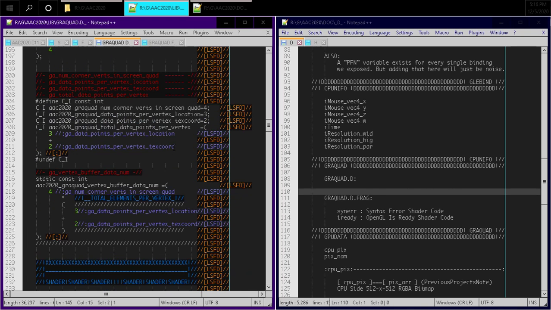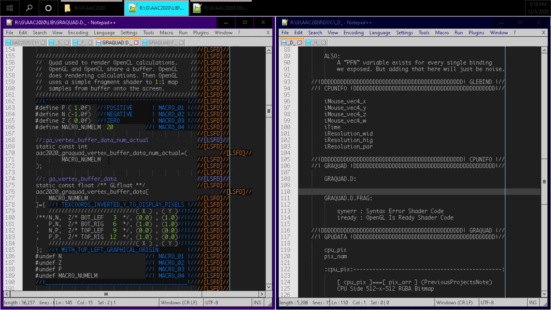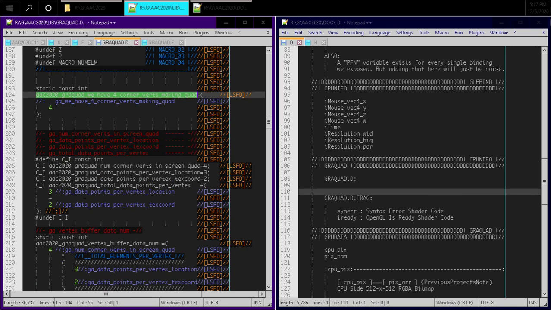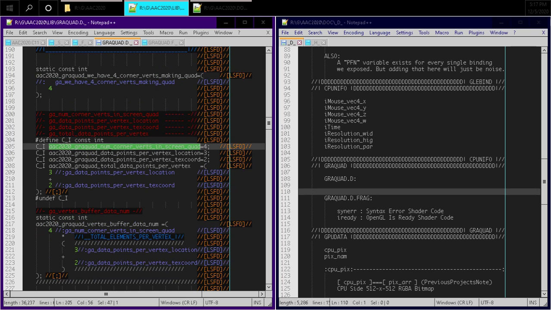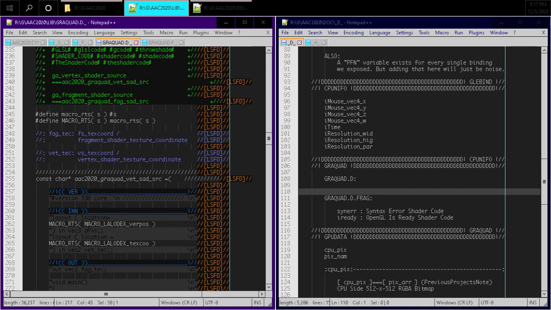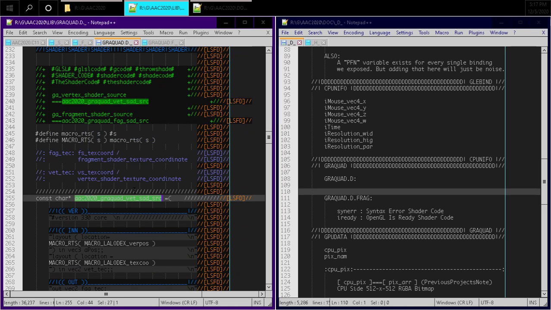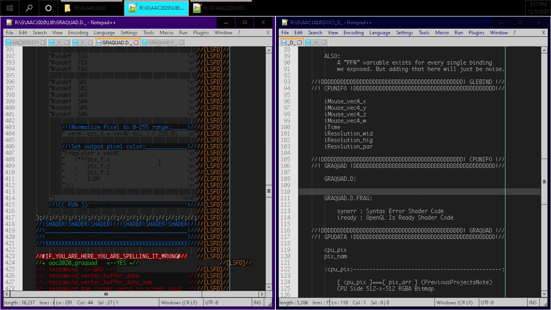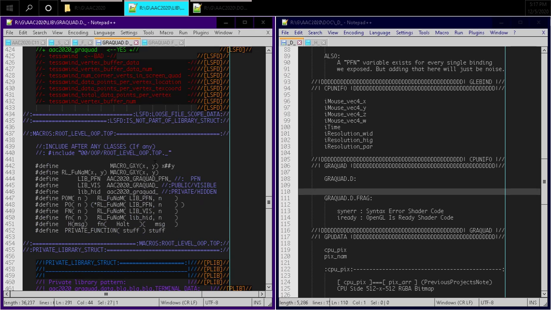Because that's kind of like... So this is a lot of stuff where I don't know if it makes sense to take all this or not, but let's just, so we have a fragment and vertex shader source, and then